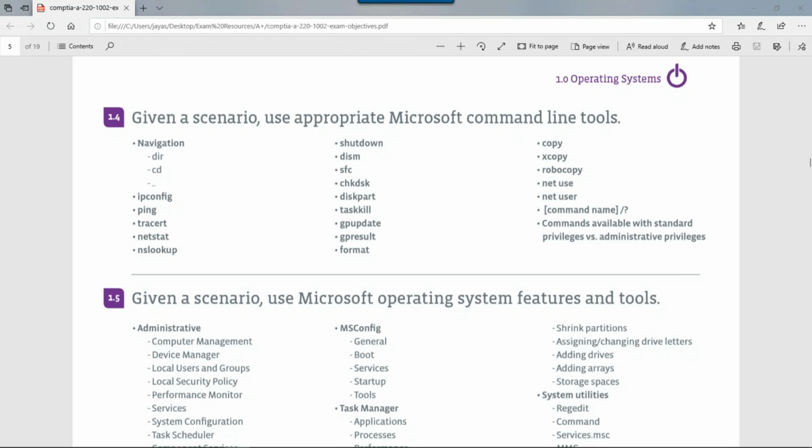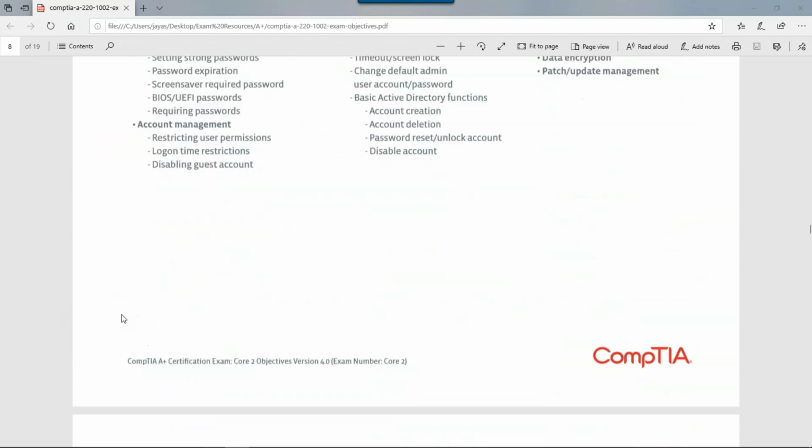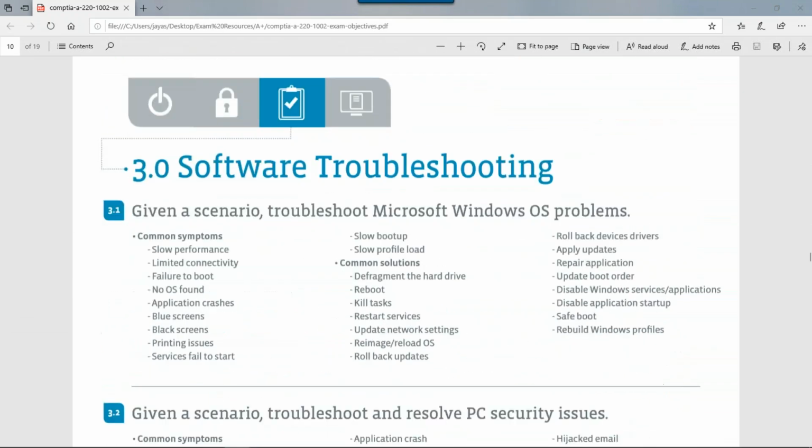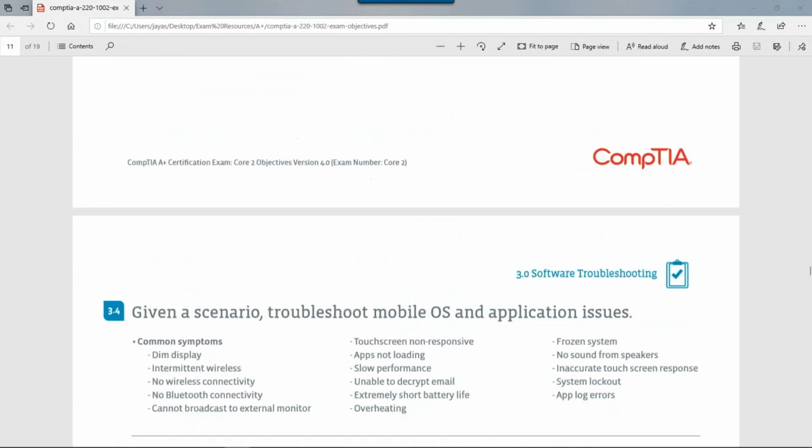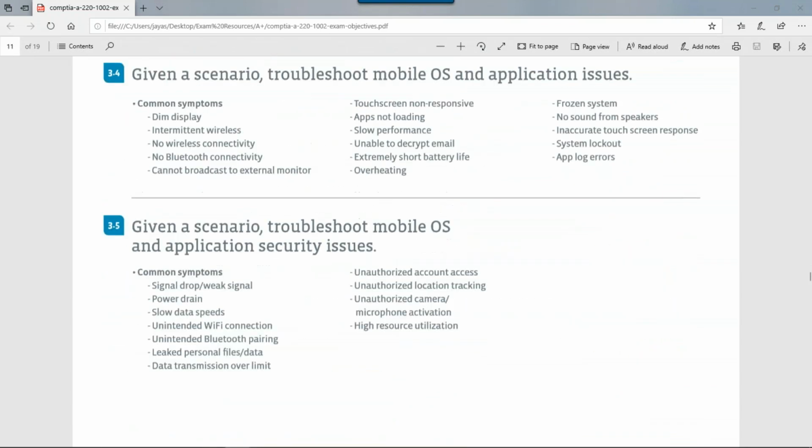They asked me a question like that, and when they ask you a question like that, you have to be very careful. Go back to the question. If they're asking what most people will do, then it's scan. I don't know why they ask this question. It's confusing. You're like, I would scan, but when I look down here, it says quarantine first. So now you're caught between doing what CompTIA wants me to do, or what most people would do. The answer is, you go back to the question and it said most people.